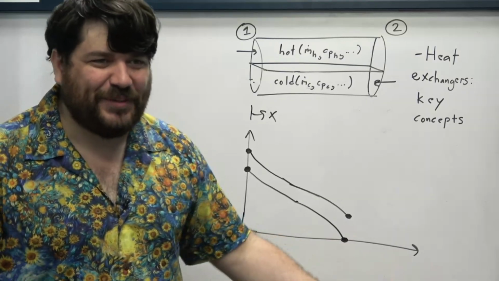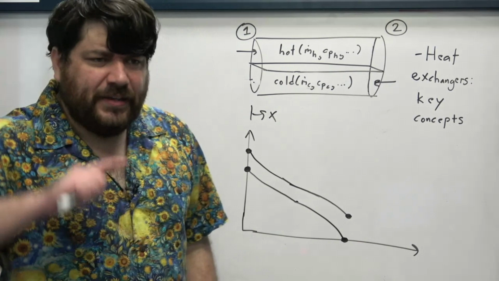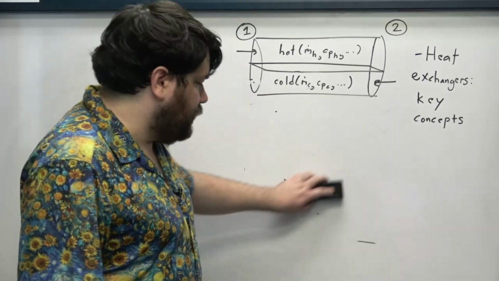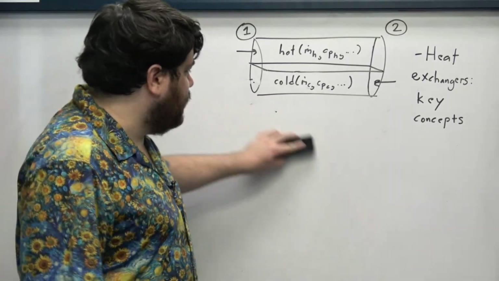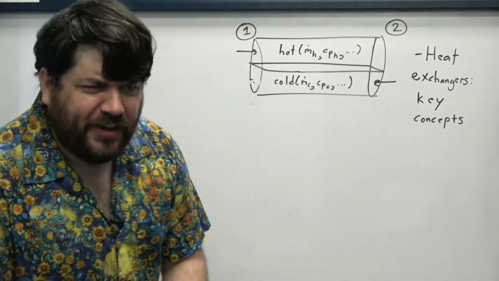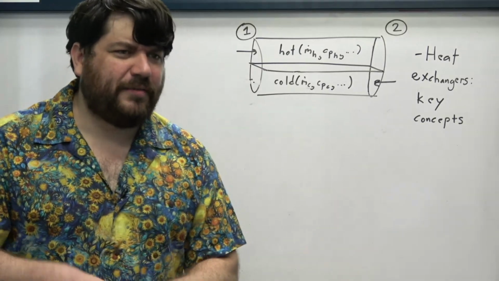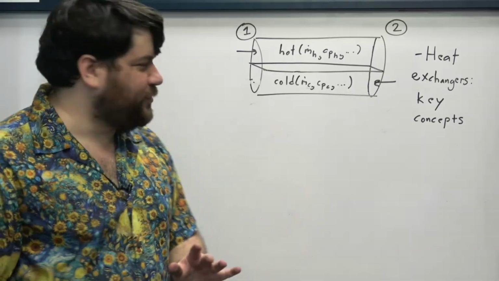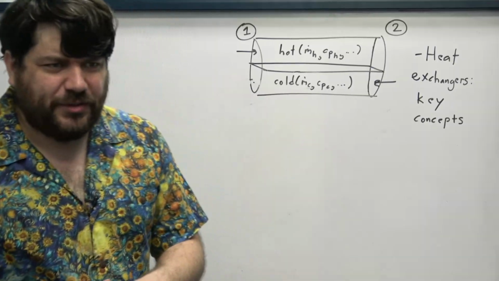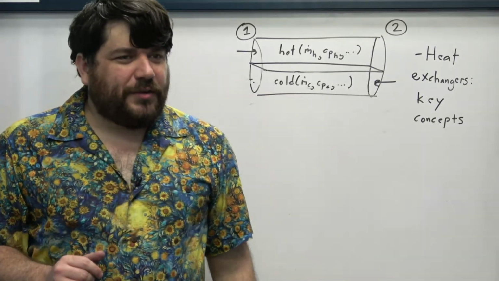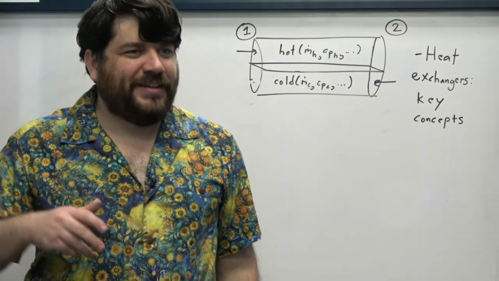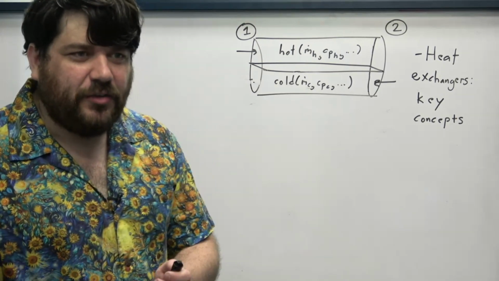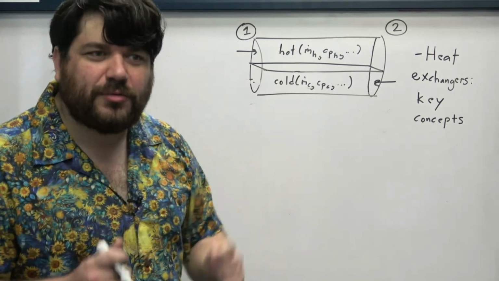Okay? It's pretty neat. Now, co-flow heat exchangers and counterflow heat exchangers are the simplest kind of heat exchanger to understand. Usually we don't have to dive deep into the notion of effectiveness and NTUs whenever we're dealing with a counterflow heat exchanger or a co-flow heat exchanger, at least ones with simple geometry like this, or if it was just a set of concentric tubes. There is one other thing that people like to use when it comes to characterizing complicated heat exchangers, right? So if we had a cross-flow heat exchanger,